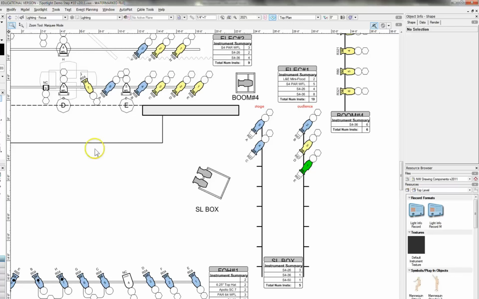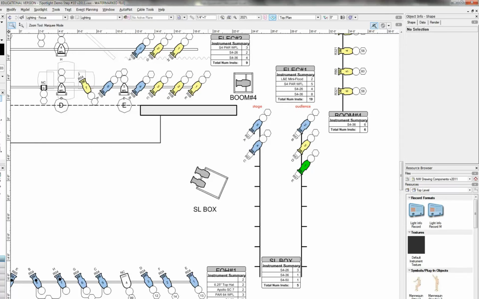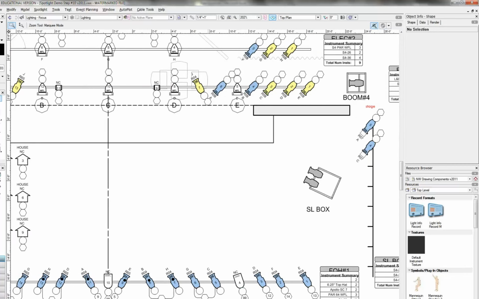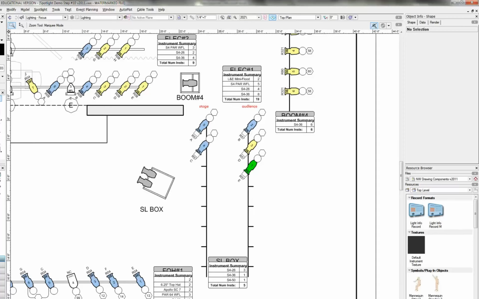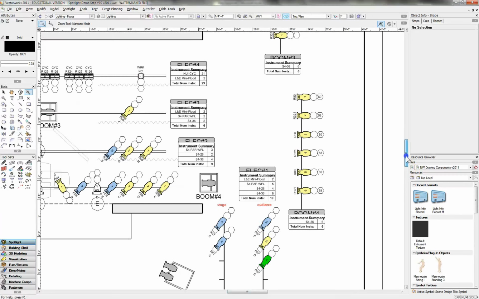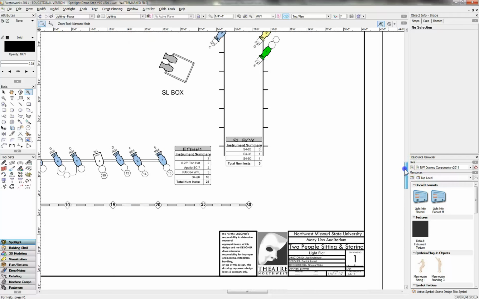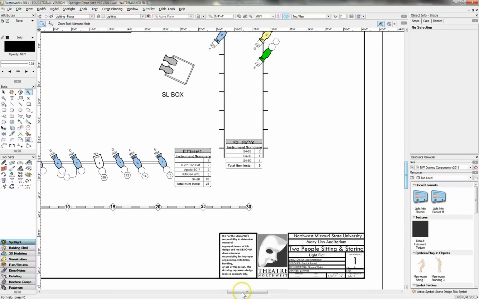It takes a little bit because we're starting to have quite a bit of data in our light plot, and in a second or so, if all goes well, our channels should be in our light plot. And look at that. It looks like some of them are in the light plot and some of them are not. It looks like the fixtures that were twofered were not. I'm not exactly sure why that's happened, and I'll try to figure out why,